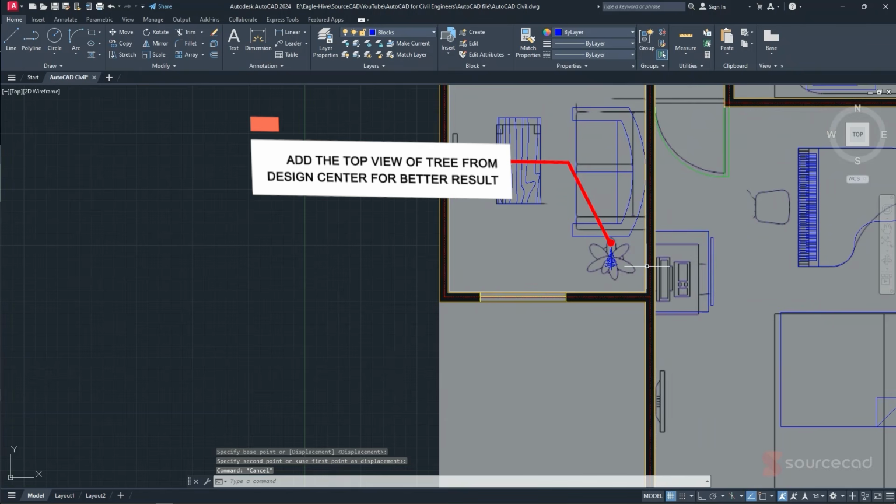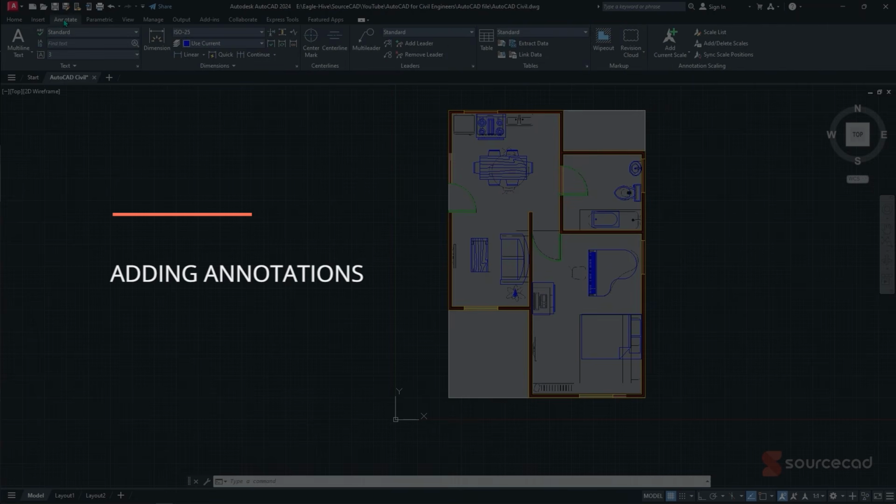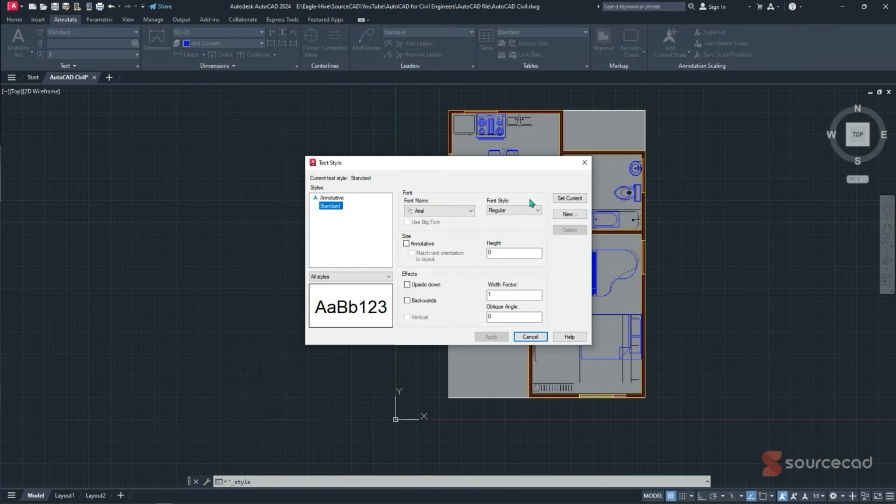So the next thing that I want to show you is actually how to annotate. And it's quite simple. Simply go to annotate and we're gonna modify our text. So click on this to activate the text style options. Click on new and we're gonna create a new text style option. So we can call it civil. I'll click on OK. So from civil, let's specify the height, let's say 150,